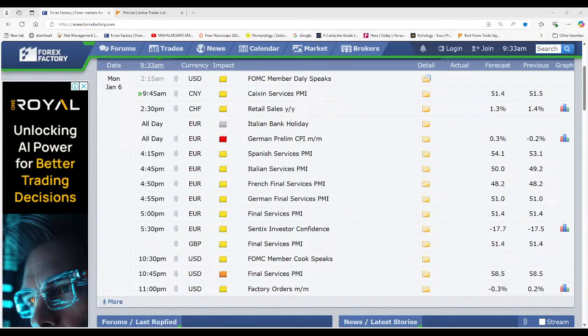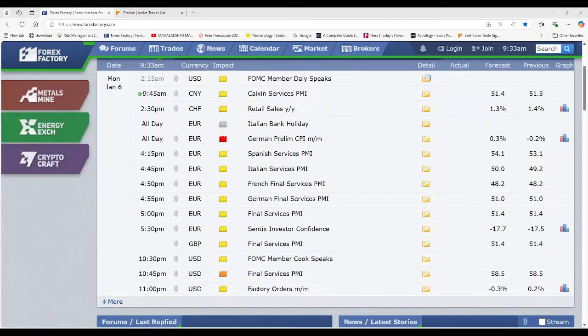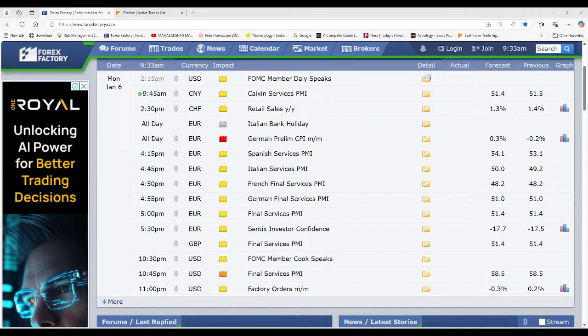Okay, let's move on. The key data that is going to be out today. In fact, I think this is the first full trading week of the year, and we should be expecting all the fund managers to come back to work and start. And I think slowly we should be able to get the volume coming in from this week. Today the key data out is the German prelim CPI. It says all day, but I'm not sure what time this is going to be out. Then from the US at 22:45 we have the final services PMI.